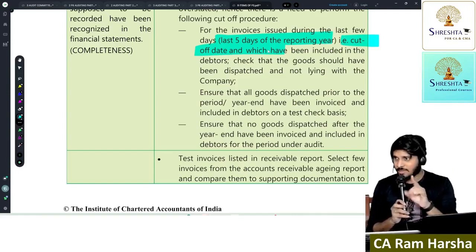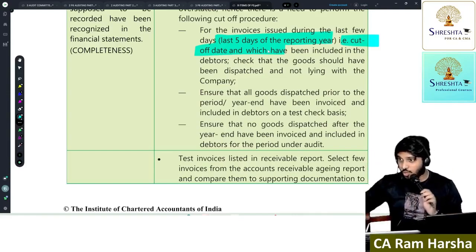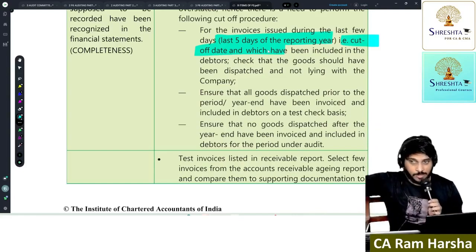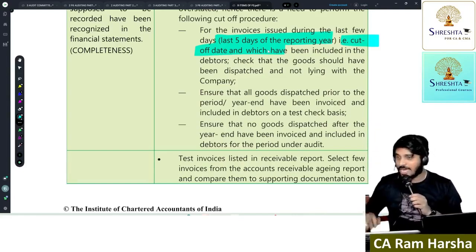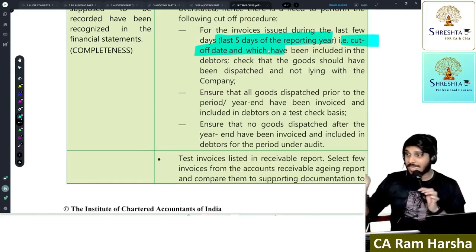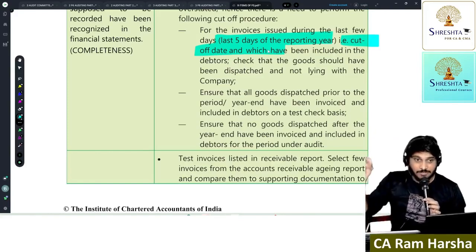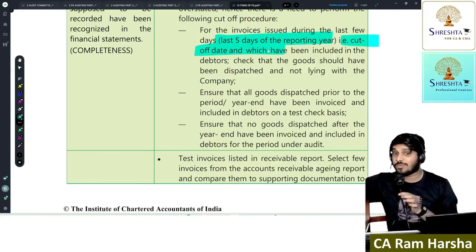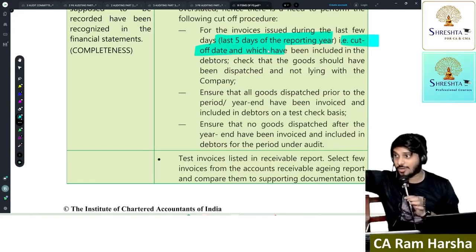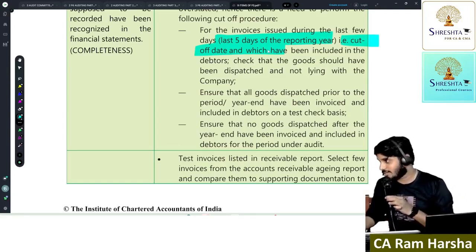Correct? Same way, for whatever goods we sold, only if risk is transferred to others by 31st March should we show it as sale. Otherwise, how can it be a sale? Companies will commit fraud in this. As on 31st March, they will create fake sales. See whether goods were delivered ultimately. Check it out. Understood or not? All of you.